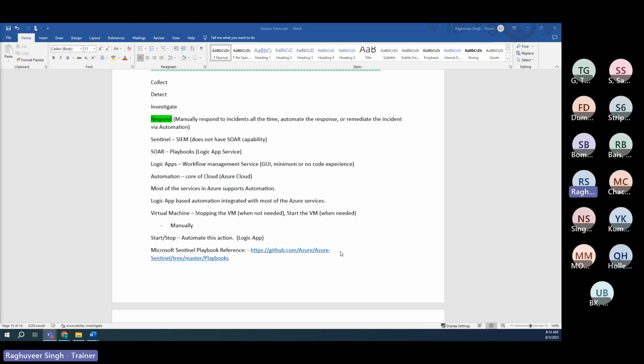Automation capabilities are part of SOAR capability. So SOAR is Security Orchestration, Automation, and Remediation. Those SOAR capabilities in Sentinel are powered by playbooks, and a playbook is actually nothing but a logic app in Microsoft Azure terminology. A logic app is a workflow management service that basically lets you create runbooks or playbooks, and using those runbooks or playbooks, you can integrate them with your incident, with your analytics tool, with your hunting query,